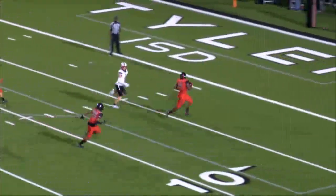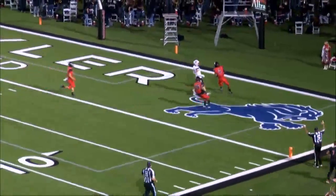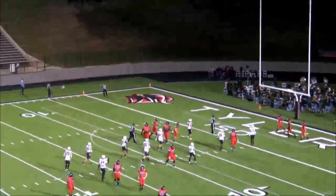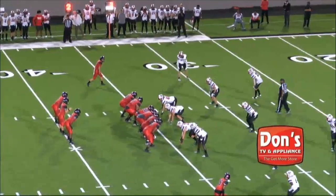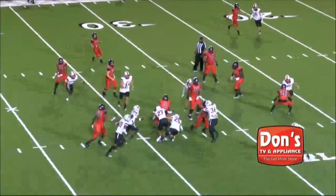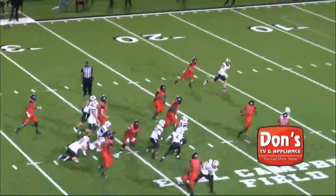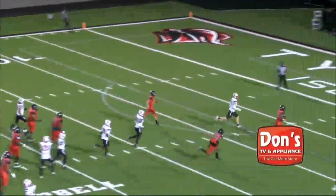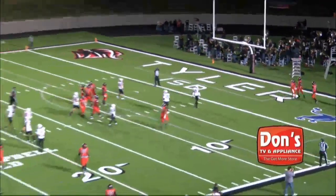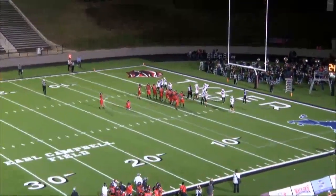They won't catch him. Broke tackles, touchdown Red Raiders. That's a 35-yard touchdown run, and Jamarian Miller was in their grasp, and he got away. 35-yard score, and the Red Raiders cut the lead in half. Yeah, it's another tough run by Miller. He should have been stopped after a very short gain. They had him wrapped up, but he's able to shed those tacklers as he's done throughout the season to get